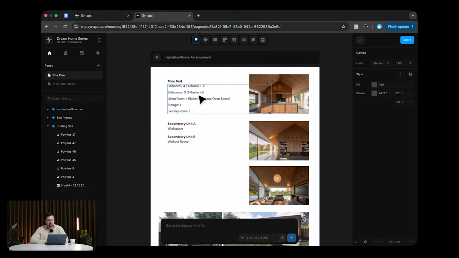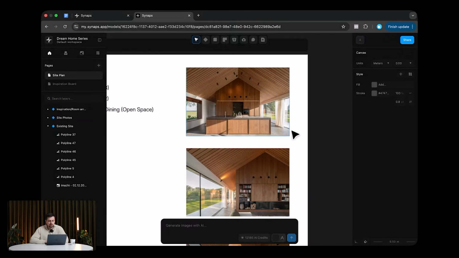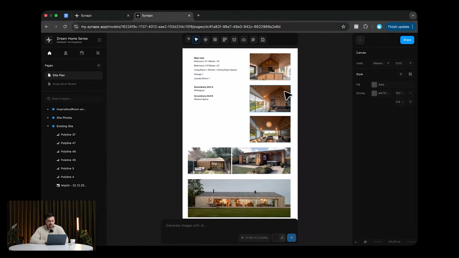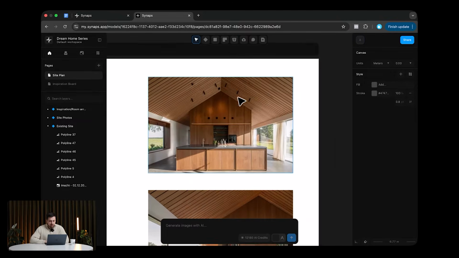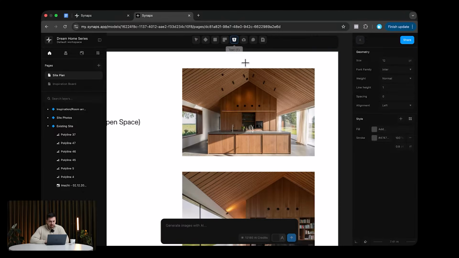So now what I would like to do is go ahead and annotate what I like from every single image, and then those words which I annotate on top of these could be used as keywords within our prompts where we shape the design with AI later on, right? So for example, something that I like about this image, I can use the text here and just type in,